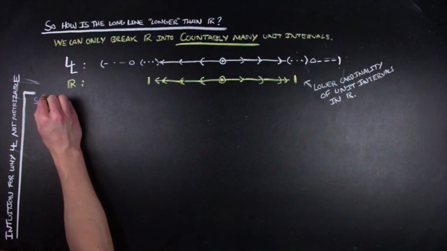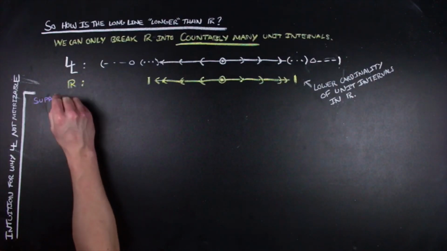Now, just as a preface for this, I don't think this is a proof. This is how I've thought about it intuitively, and it's going to feel a little proofy because I'm going to use a contradiction to sort of get us there, but most of the rigorous proofs that I've seen have actually used strictly topological qualities of each thing instead of assuming that there is a metric on the space and getting to a contradiction. So to continue, we're going to go ahead and assume that there is some metric d sub long line